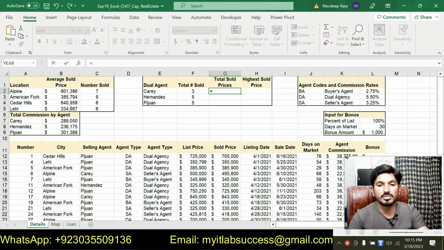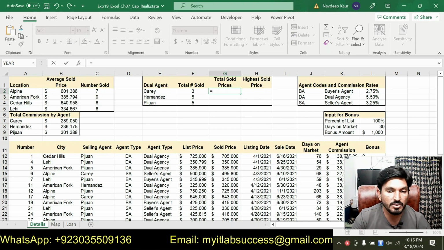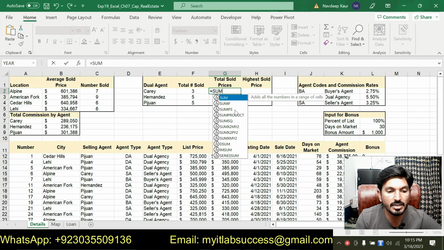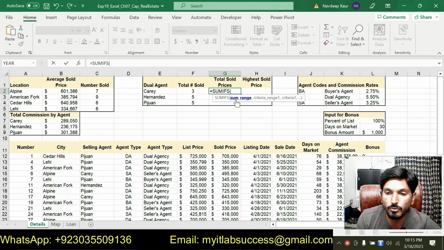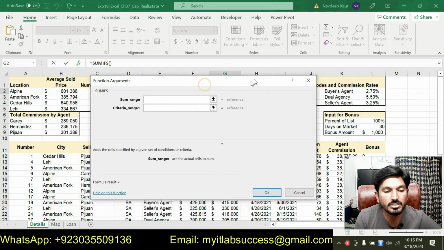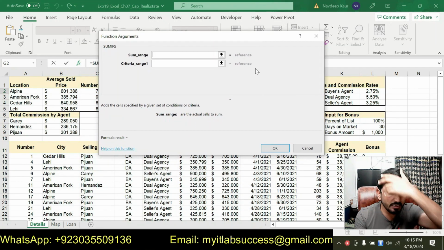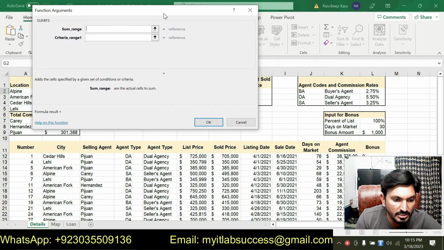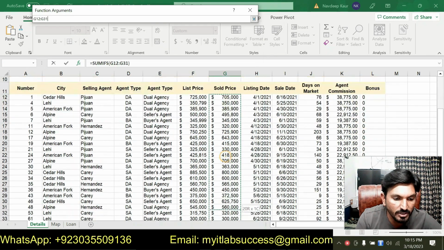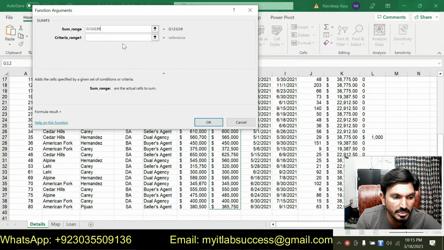Now we will go to cell G2 and we will use the SUMIFS function. Type sum and select the SUMIFS. So we will click on the insert function and we will type the sum range. Our sum range will be the column G, that is the sold price column. This one. This will be our sum range. We will type a $ sign,